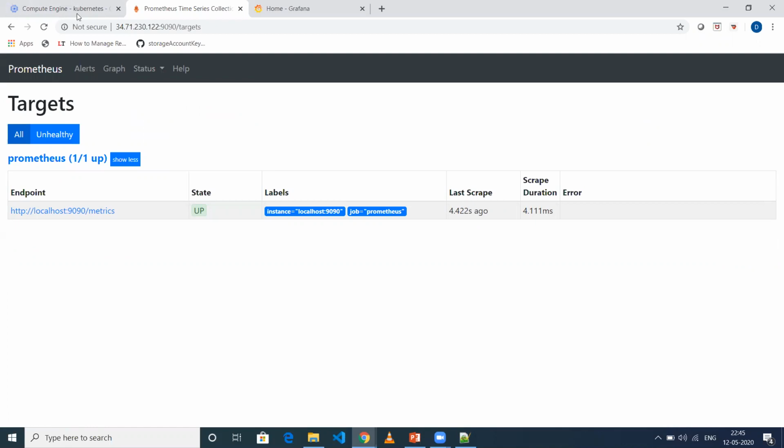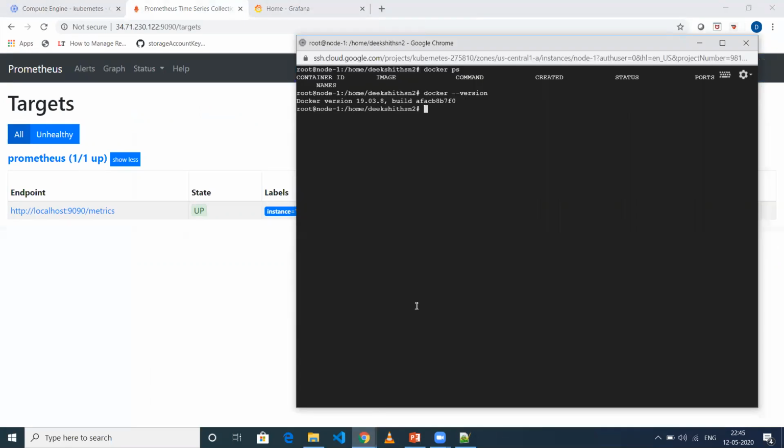The first thing we will do is go to the Docker machine, the machine where Docker is installed. The first thing we need to do is give a little configuration in daemon.json.